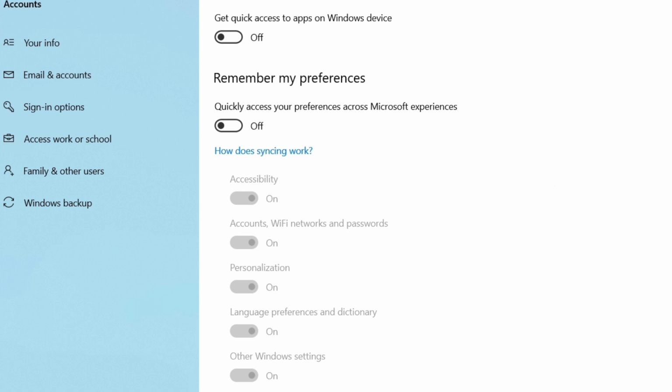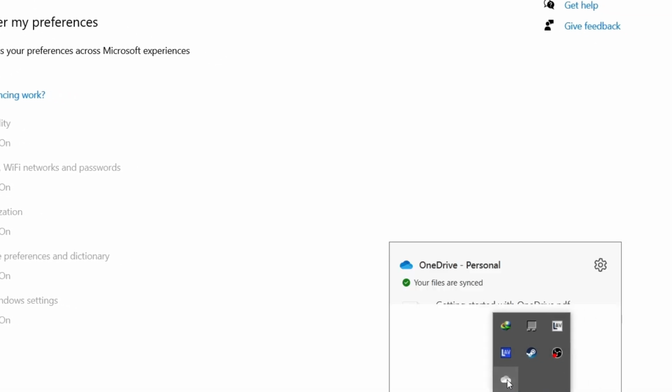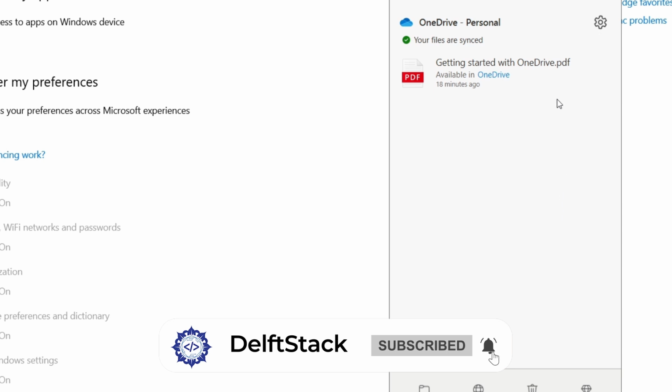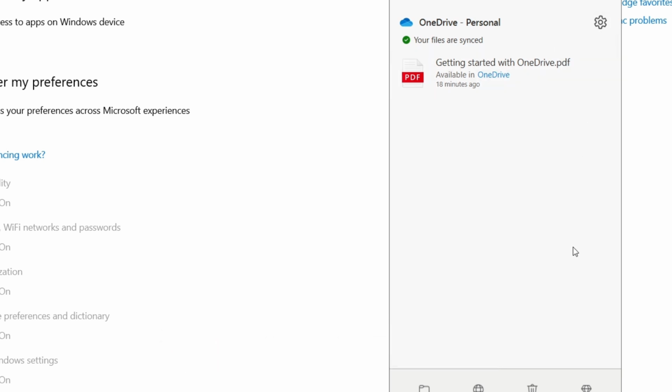Step 4. Disable sync in OneDrive if applicable. If you're using OneDrive, some files might still sync even after turning off Windows Settings Sync. To disable OneDrive sync, click on the OneDrive icon in the system tray in the bottom right corner, click on the gear icon